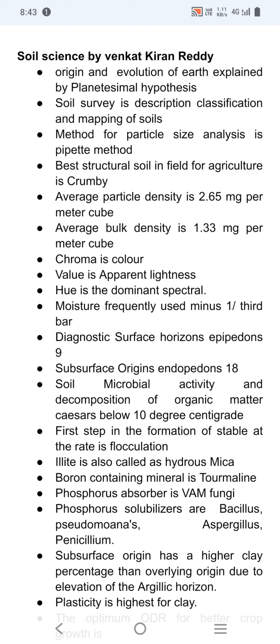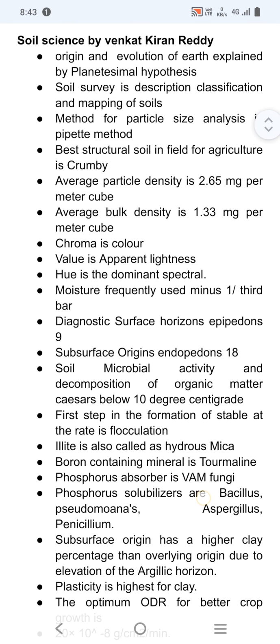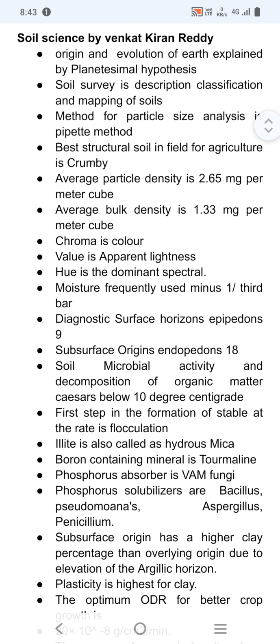Basic soil science bits, one by one. Origin and evolution of Earth is explained by the planetesimal hypothesis. Soil survey is the description, classification and mapping of soils. The method for particle size analysis is the pipette method. The best structural soil in the field of agriculture is crumbly. Average particle density is 2.65 mg per meter cube. Average bulk density is 1.33